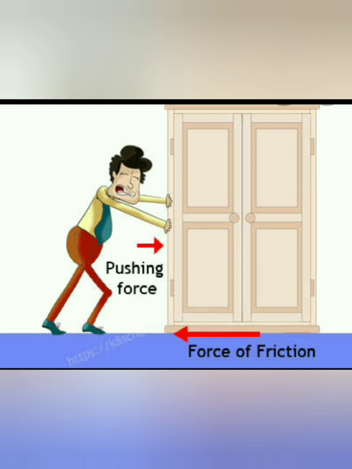Force is a push or pull that is exerted to move the things. And children, when you push, the things will move away from you, and when you pull, the things or objects come closer to you. To move any object from one place to another place, we should apply an external force, that is we should pull or push the things, or we can also lift the things.